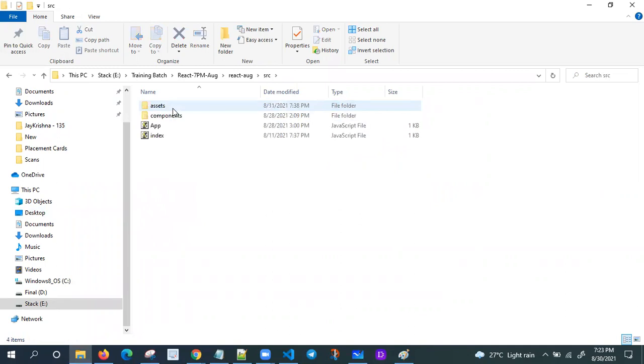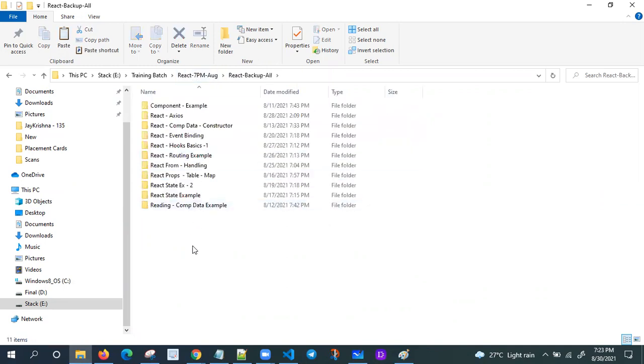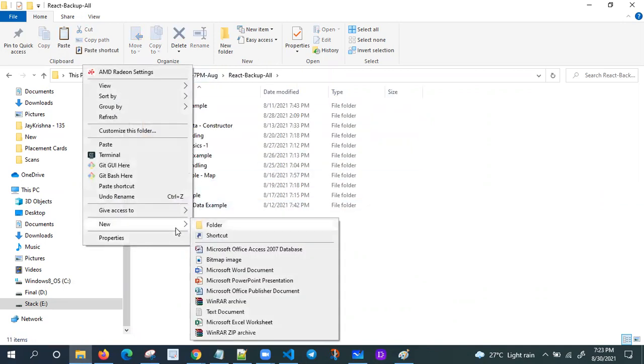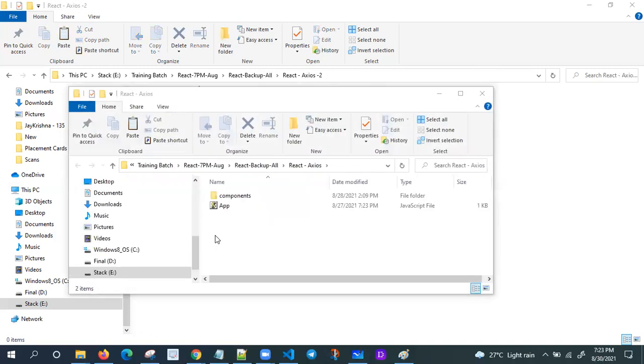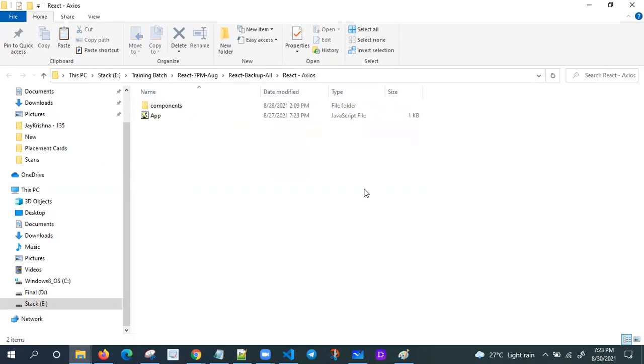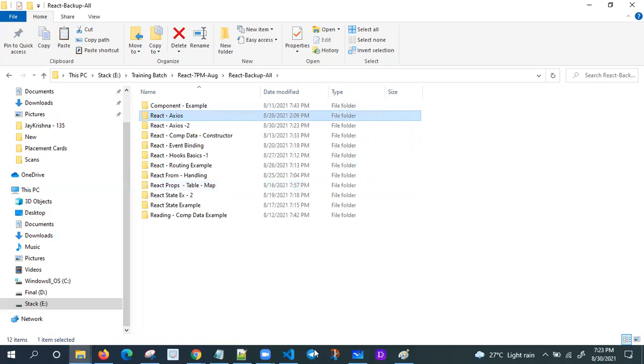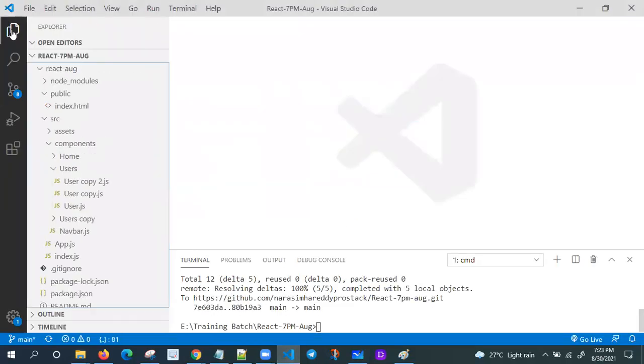I'm taking this one, the contact tab. Copy. Here only backup. React Axios, I think so. Can you check it? Axios 2. It's fine. Not this one, Axios 2. Yes, done this. I'm going to delete all files. I'll take the backup, right?